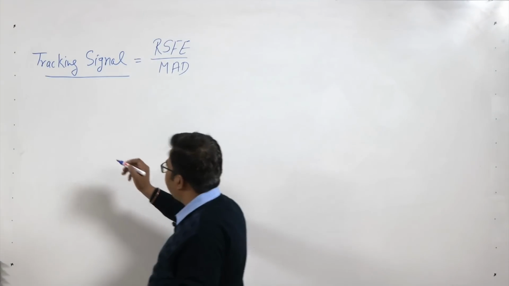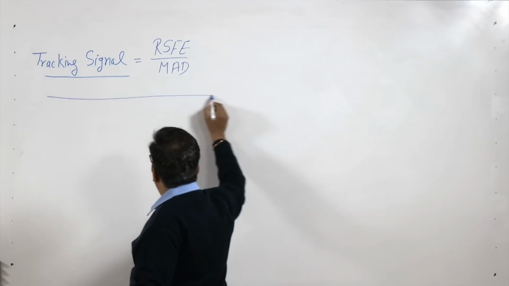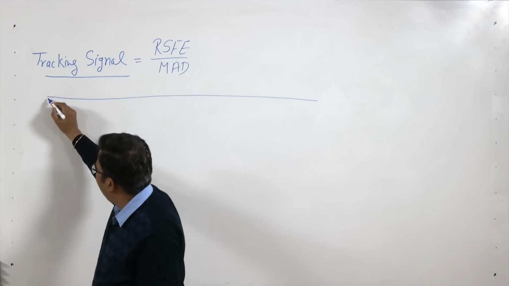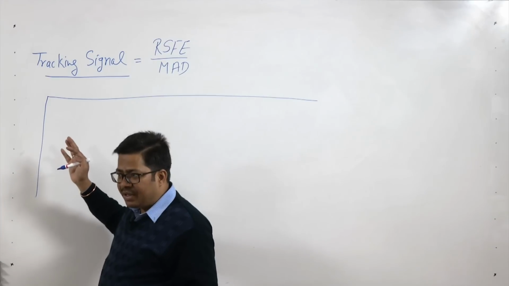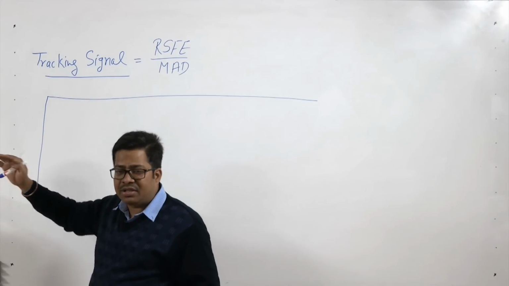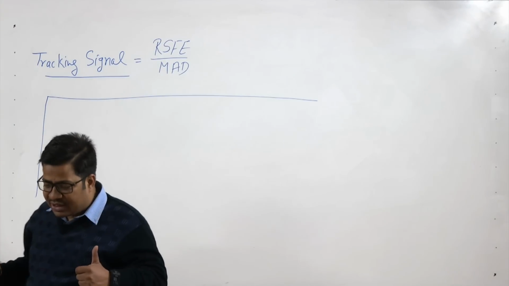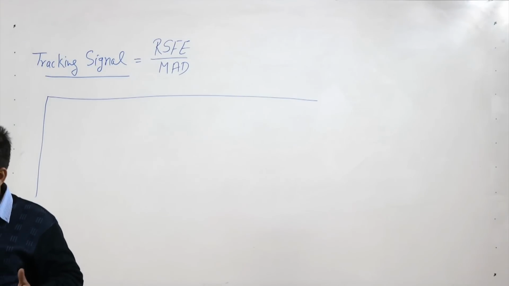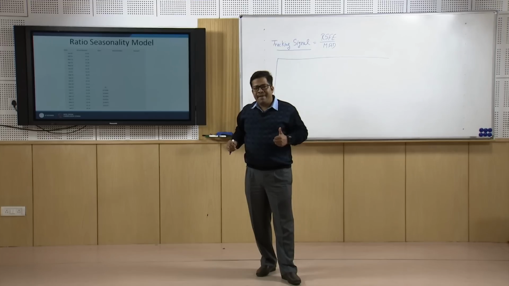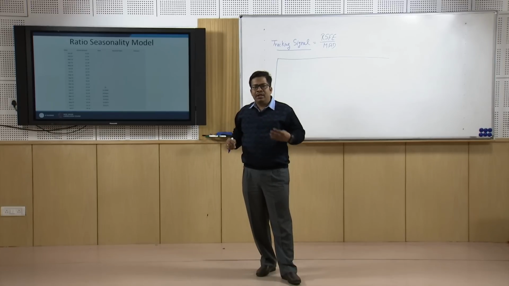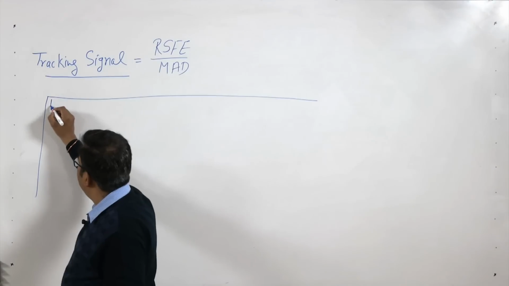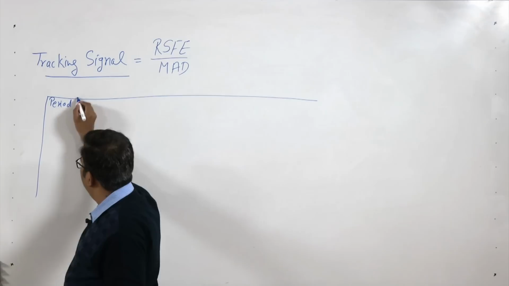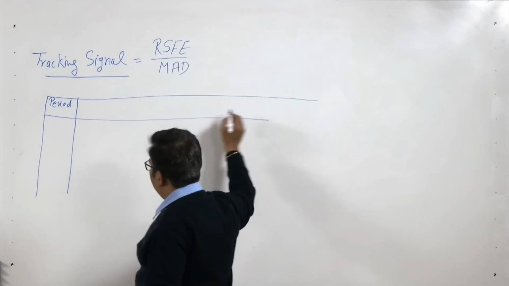So, now let us have a very simple calculation of tracking signal. You can have the real time calculation also. The reason for discussing tracking signal in this class is that we are discussing real time decision making, and the concept of tracking signal will help us in improving or adapting the forecasting model in the real time situation. So, this tracking signal calculation, which I am showing you for a sample data,